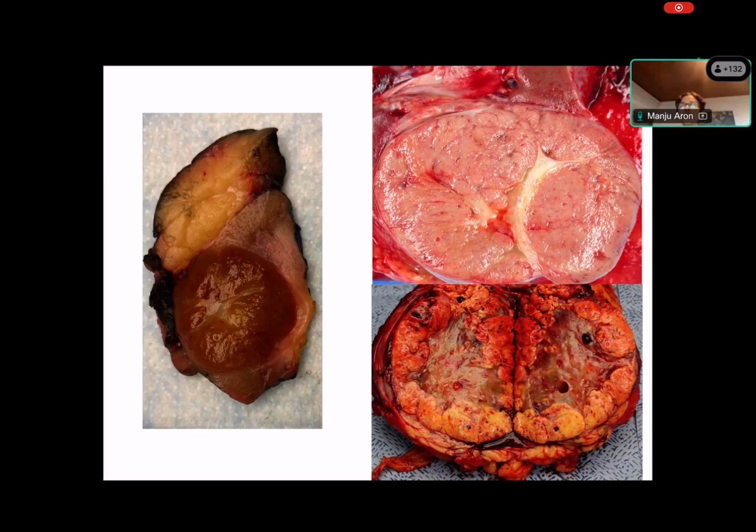Now, clear cell RCCs can show this kind of myxoid degenerative changes in the center of the tumor usually, and you will see this kind of hyalinization of the tumor under the histological on H&E images.